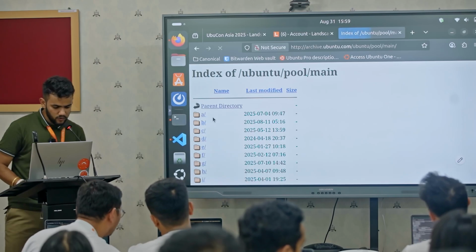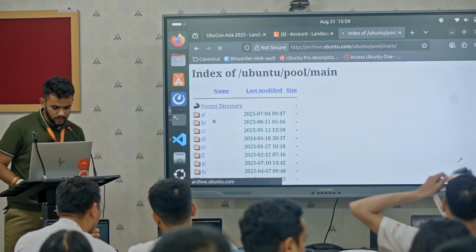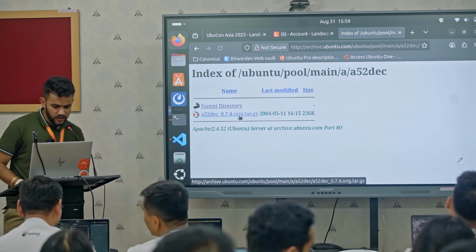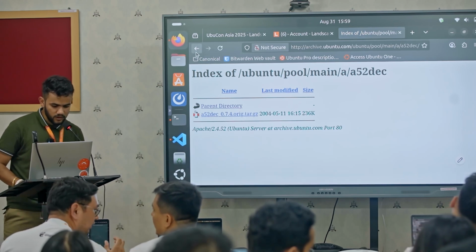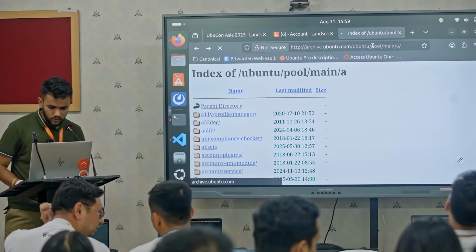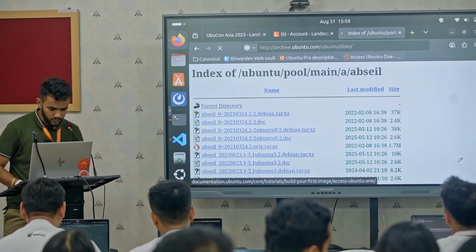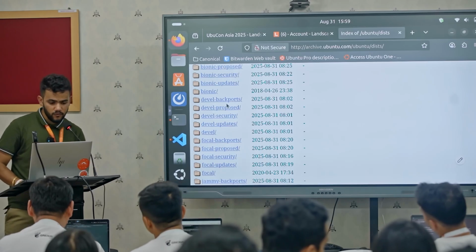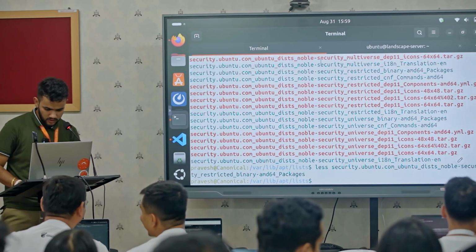So if we go inside main and then inside A, this is alphabetical order for packages. If you go inside here, then you will see the actual deb packages. And similarly, if we go inside dists, these are what we call mirror suites. We call it suites. If you see here,